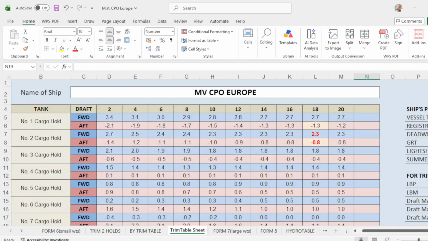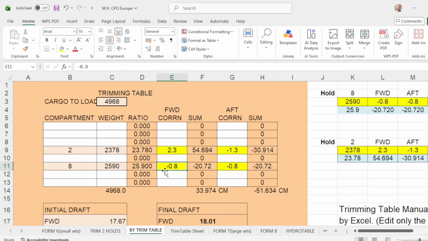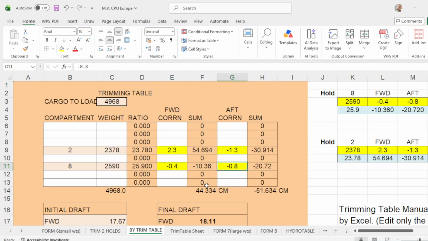So scroll down to hold number 8. So this is your hold number 8. Forward correction is negative 0.4. So put here negative 0.4, and aft correction is how much? Number 8 aft correction is 1.8. So you put here 1.8.